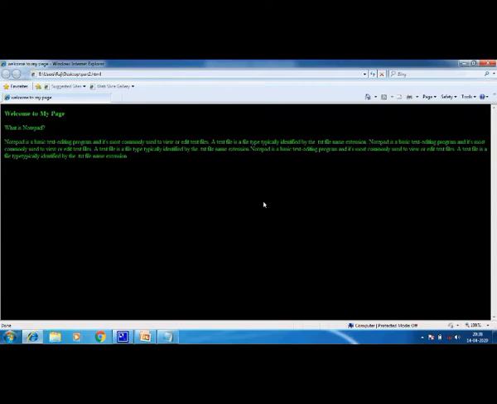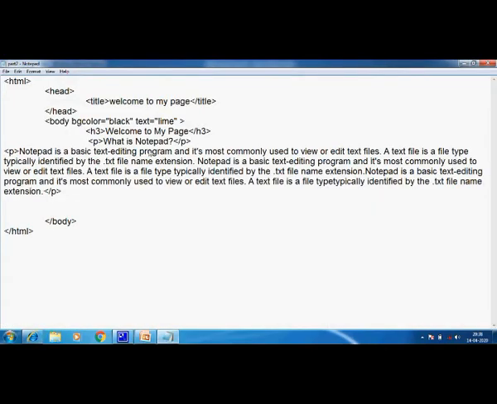Now children, we'll again, for the P tag we have seen. Okay, now children, what we'll do, yeah, we have one more example to show you. That is the BG color, the black one I'll remove now.